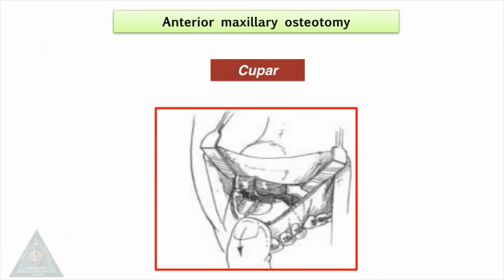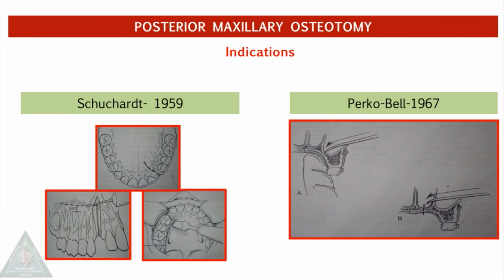The Cooper technique is the most frequently used technique, where the approach is via a short vestibular incision and all the bone cuts are performed from the labiobuccal side, and the separation is completed by an osteotome and down fractured using finger pressure. The posterior maxillary osteotomy is indicated in correction of an anterior or posterior open bite and correction